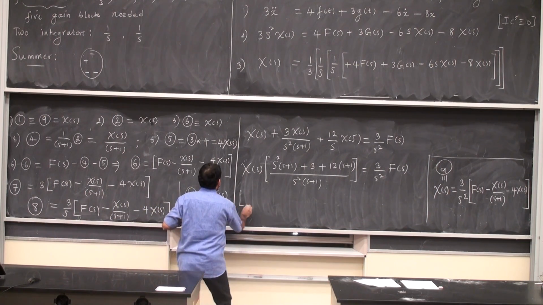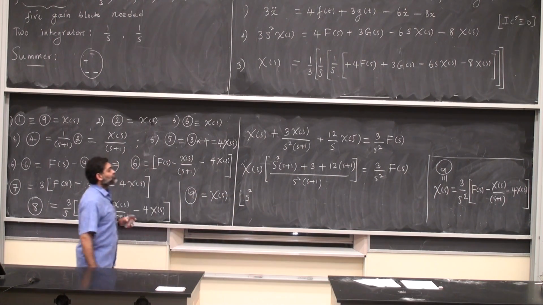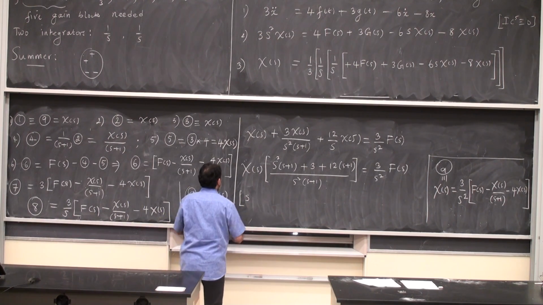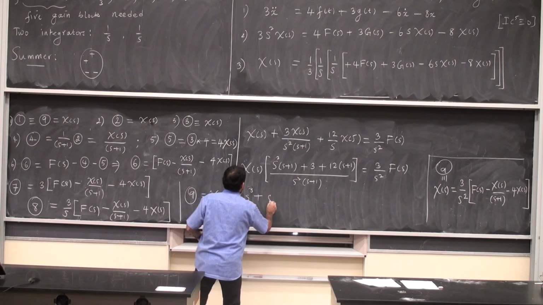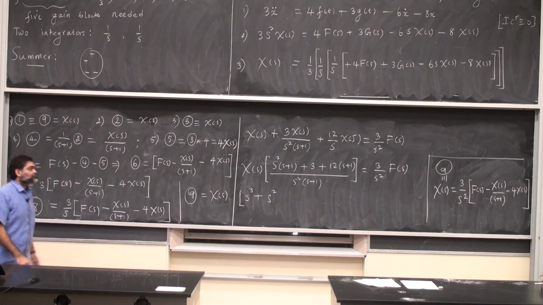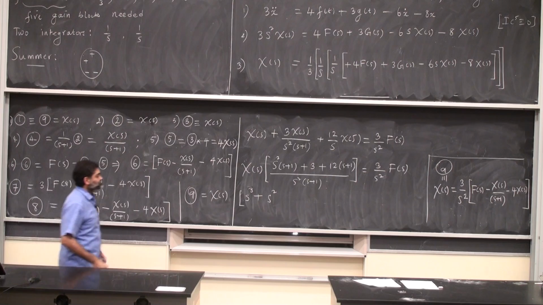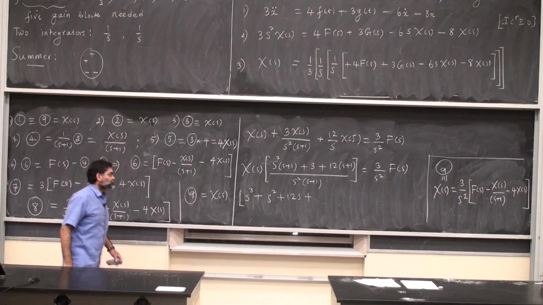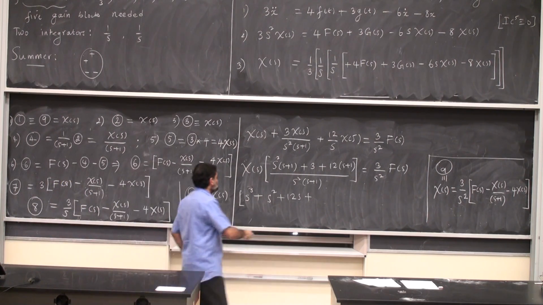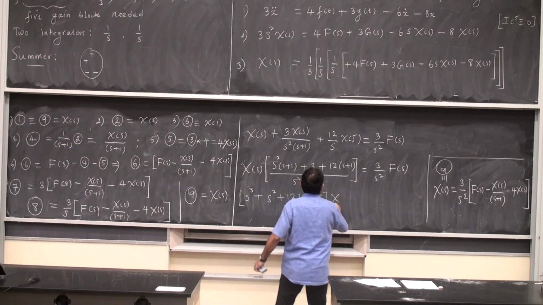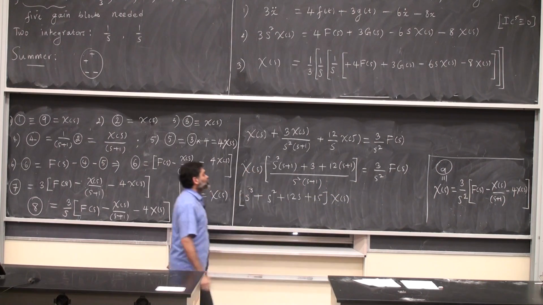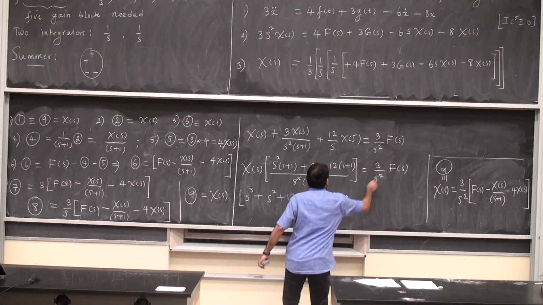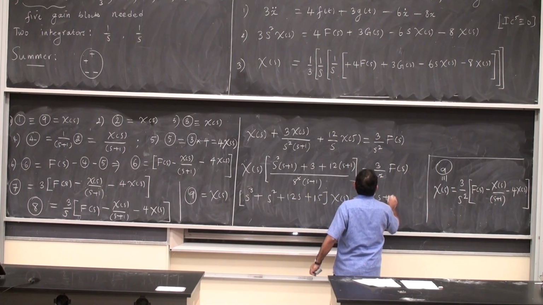I'm going to have s squared. Then I have a 12s, I'm sorry, s cube. This is s cube. S squared. 12s. And 12 plus 3 is 15, so I have 15 as well. X of s. Cancel the s squared on the denominators. And so this is 3 times